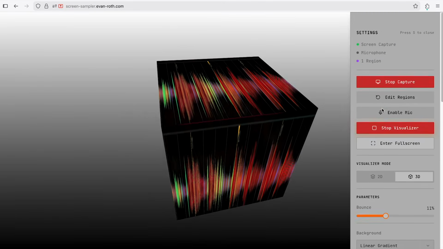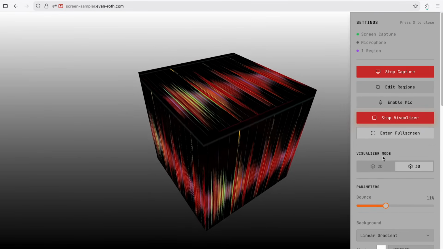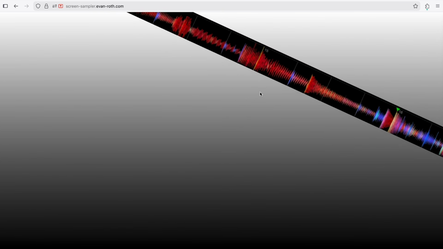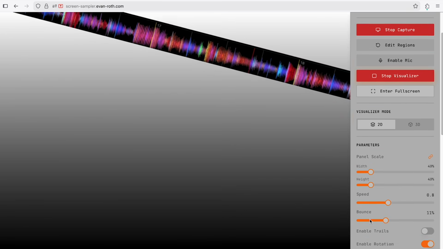The thing I wanted to show was if you go into visualizer mode, you can also switch this into 2D mode. And when you go into 2D mode, now that texture is just going to be kind of bouncing around the screen as a 2-dimensional object. And there's one advantage you can have here: you can pick a transparency color. So if I